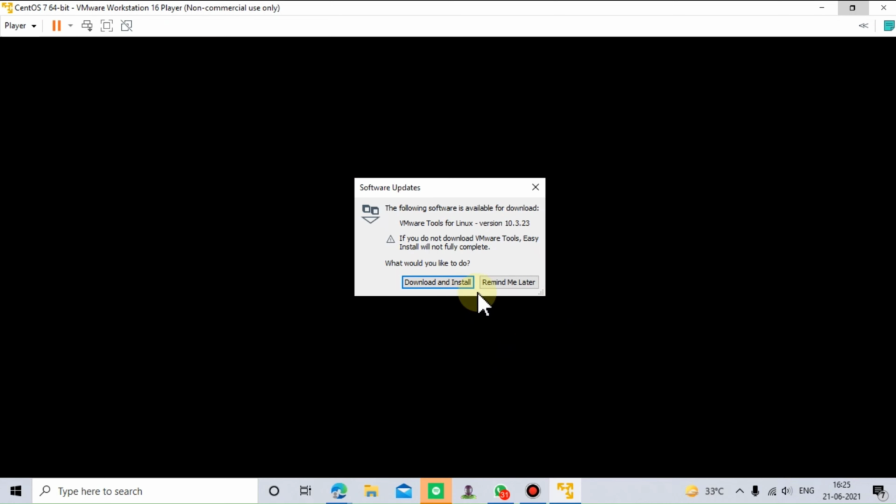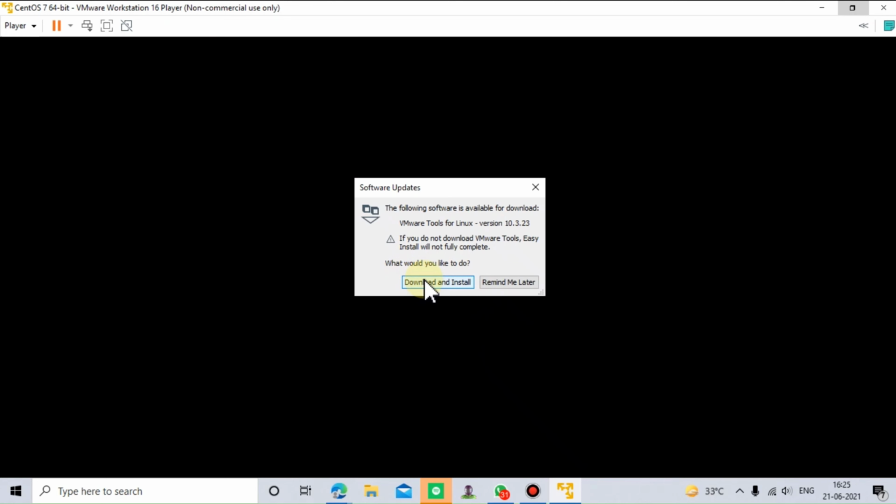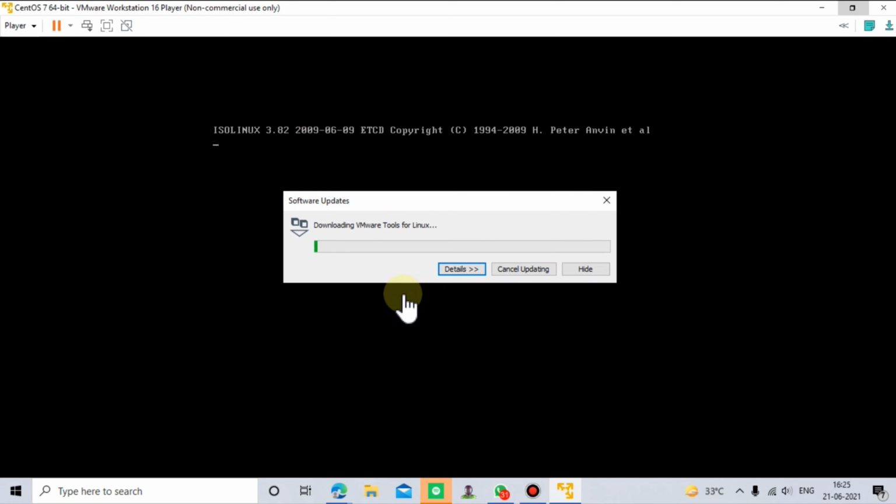Here you have to install this file, that is VMware Tools for Linux, because it will basically speed up the easy installation process. Otherwise the easy installation process will not be completed. Just wait for this software.